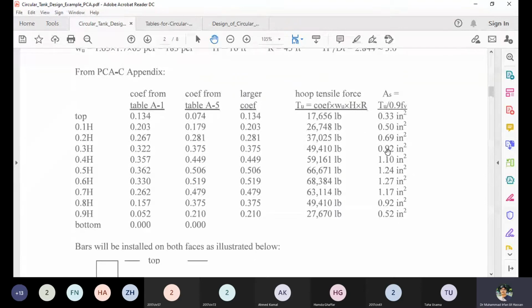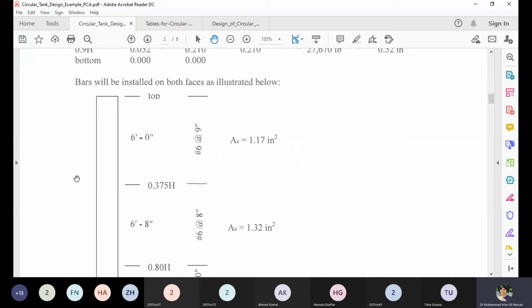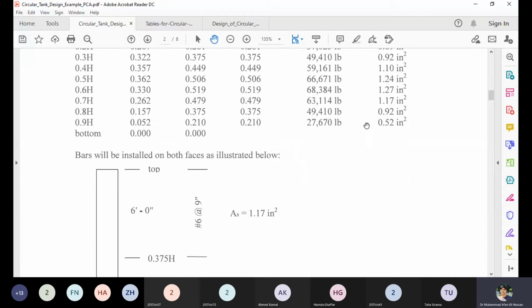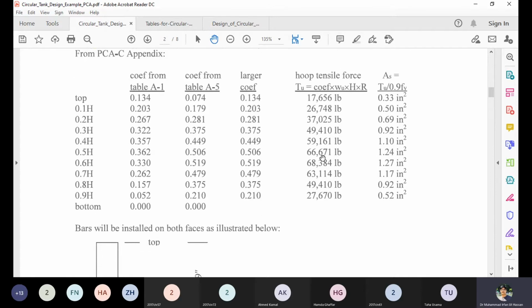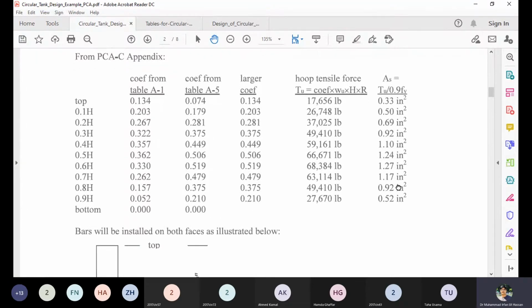Now you know that if you want to compute the stress in the area of steel due to this hoop tension at every location, of course the hoop tension is smaller at the top, then maximum in the middle, again lesser at the bottom. This hoop tension is giving the circular reinforcement. So you can divide your tank wall into 3 parts, because the tension is computed, and the area of steel is computed from the tension, equal to T over 0.9 Fy. So that gives you the reinforcement at different depths.